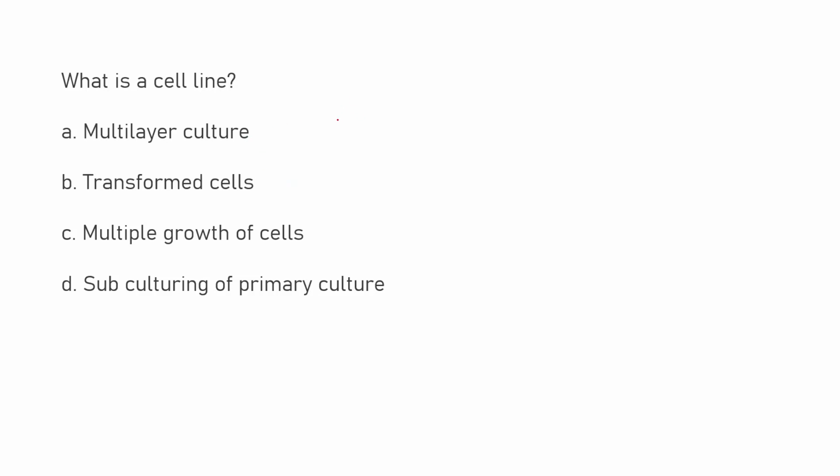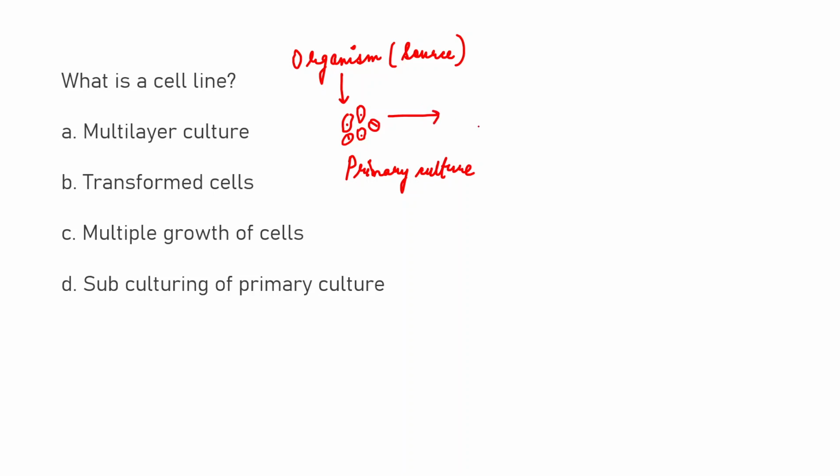So a cell line is basically, so you have your cells. Suppose you have one organism from where you got these cells, and this is something which is called a primary culture. Primary culture, as the name suggests, you are getting the cells directly from the source. So you obtain the cells from your source, which is the primary culture. Now in the lab, you are continuously culturing those cells. So from here,